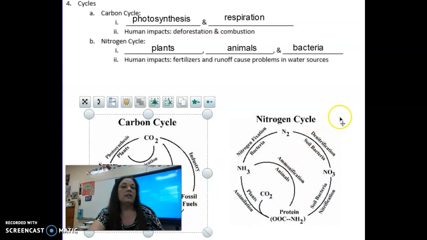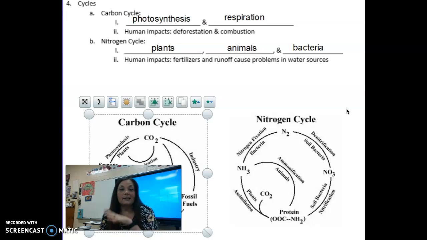Okay, when you see the nitrogen cycle, this one's also going to have plants and animals in it. But another key player in the nitrogen cycle is bacteria. So if you see the nitrogen cycle, you'll probably see a plant and an animal, and you'll see the animal peeing or pooping into the ground. Okay, and we have a lot of nitrogen in our waste products. So before the plant can use that again, you have to have bacteria to recycle that. So that is their job. Okay, it turns it into nitrates and nitrites, which the plant can use.